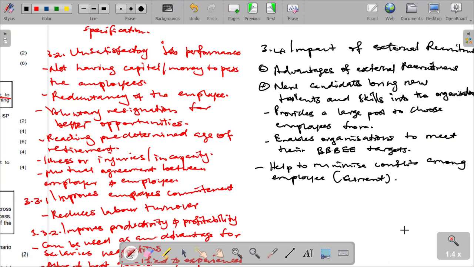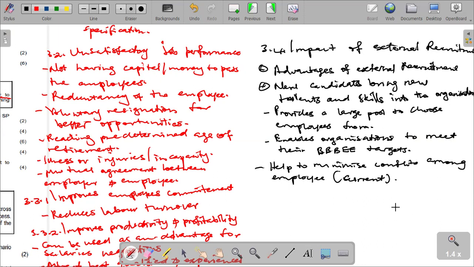New employees may add value to the overall efficiency and productivity of the organization, which is another point that we can add there. And we can also talk about competencies which might not need to be developed or trained, and can be sought at a lower cost by the organization. Any other advantages or points that can be added with regard to this